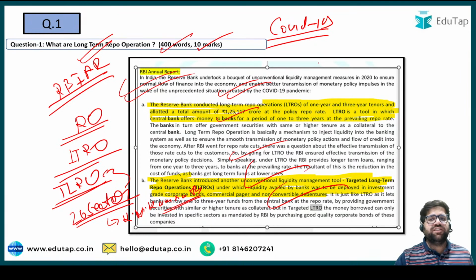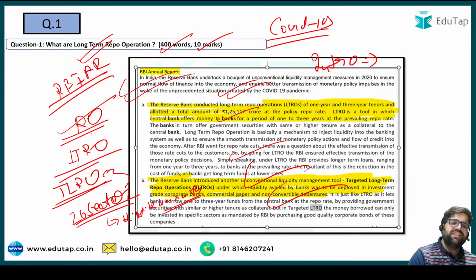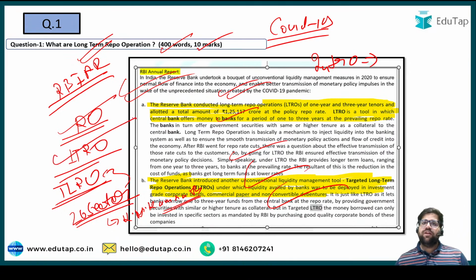If you ask me the journal operation, in the intro part, you could have first started with the negative effects of COVID-19, just 1 or 2 line introduction, and then you could have mentioned how RBI is using long-term repo operations for doing that. In the body part, define what repo operation is, define what long-term repo operation is, there should be a link. Then what targeted long-term repo operations are, that how RBI is going deep into these 26 sectors